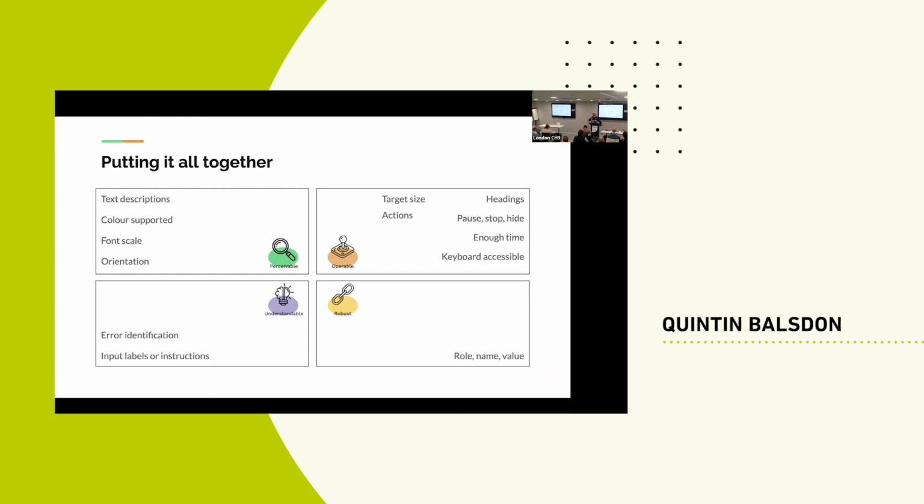Right, and then putting it all together. So I think it sounds like a lot, what I just told you, right? That was all the detail. Once you're a little bit familiar with these concepts, this is it, right? This is the checklist, if you will. This is something you can walk in and be like, okay, how do I make something accessible? This is a fantastic start, right? It's not everything, and it's certainly not testing with disabled users, right? With real users. It is where you can start, right?